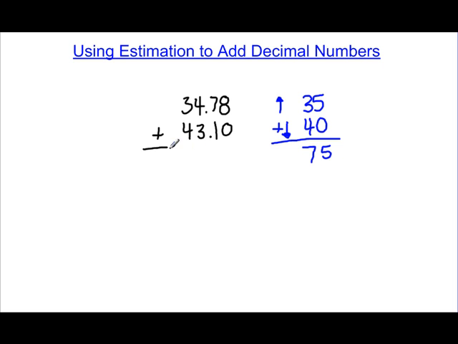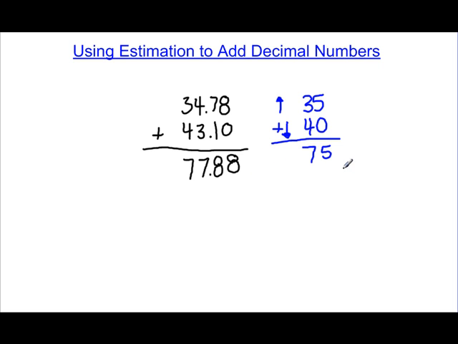Now, if I wanted to go ahead and find the actual solution, well, let's go ahead and do that. So, 8 hundredths plus 0 hundredths will give me 8 hundredths. 7 tenths plus 1 tenth gives me 8 tenths. 4 ones and 3 ones gives me 7 ones. And 3 tens and 4 tens gives me 7 tens. So I'm left with a solution of 77 and 88 hundredths,